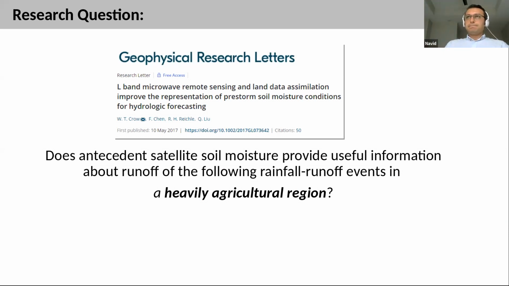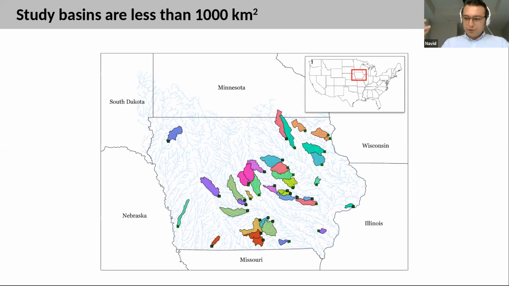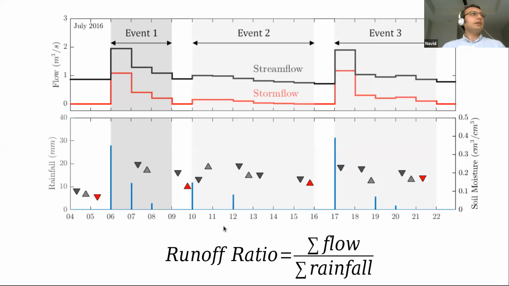So for doing that, we selected watersheds across Iowa, for which we had USGS, the United States Geological Survey's, observations for stream flow and stage. Basically, we used stream flow, and we took the average of the soil moisture from the SMAP satellite, and also we had rainfall from Stage 4, which is a national product. And if we plot these data